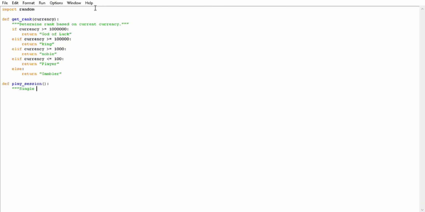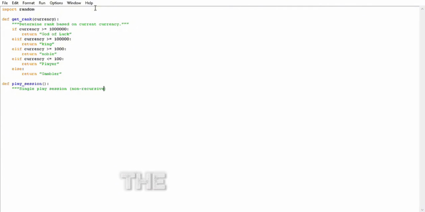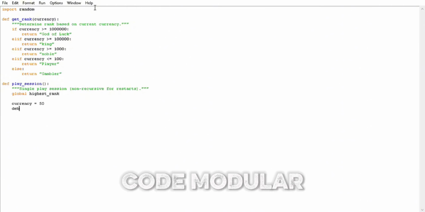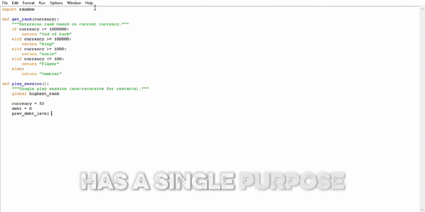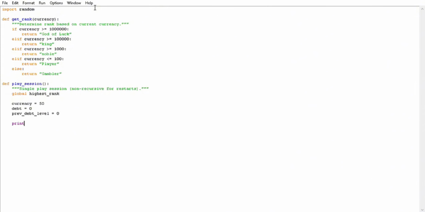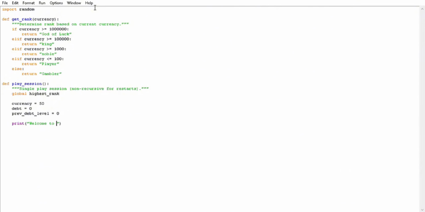Third, main. This function manages the game loop and restarts the game when the player chooses to play again. Using functions makes our code modular, meaning each part has a single purpose. This structure makes the game easier to debug and understand.